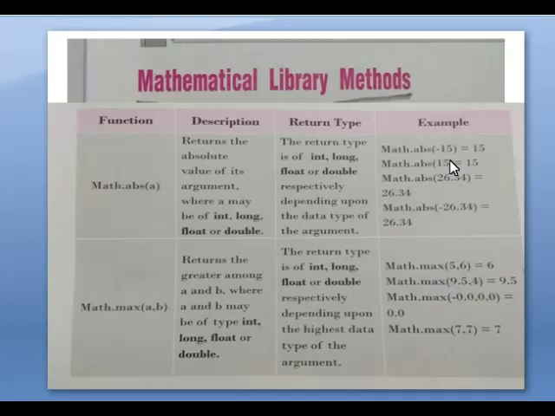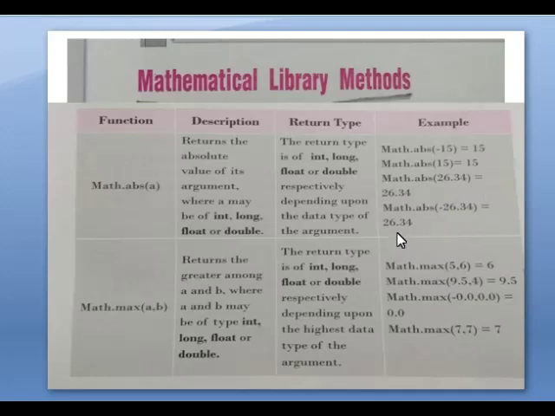So it will give the positive value. Absolute means if you give the negative value here, it will produce only the positive value. Math.abs of 15 is also 15. Math.abs of 26.34 is 26.34. If it is a negative value, it also produces the positive value 26.34.